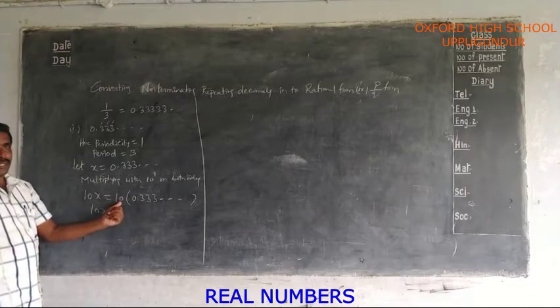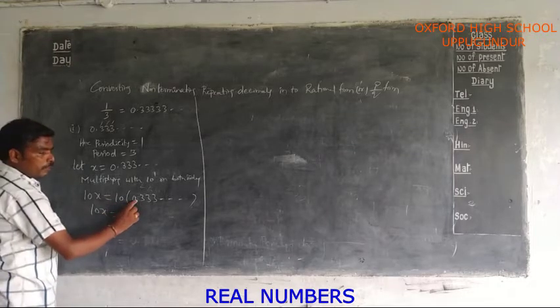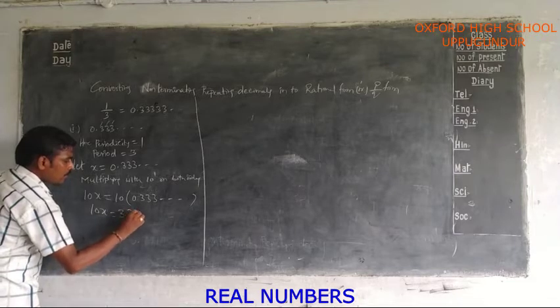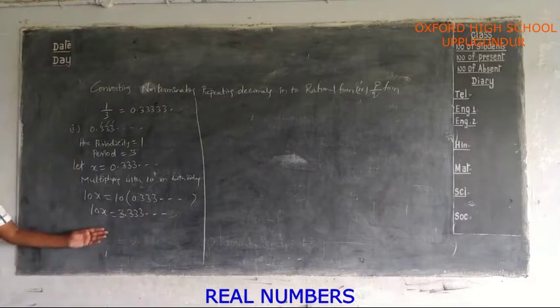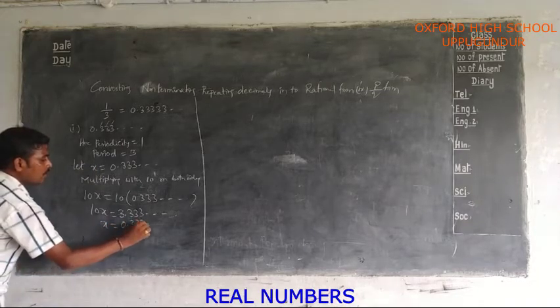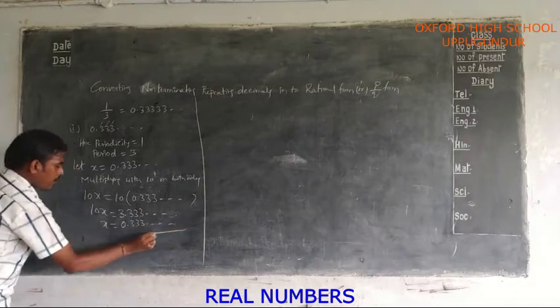Here 1 zero is there. That's why the point moves one place towards the right. So 3.333 and so on. From this you have to subtract the value x. x equal to 0.333 and so on. So subtracting these two,